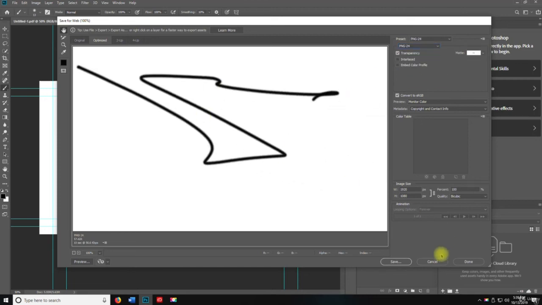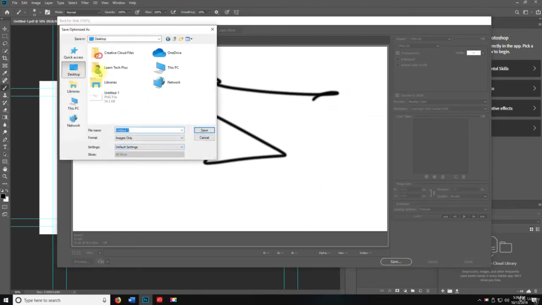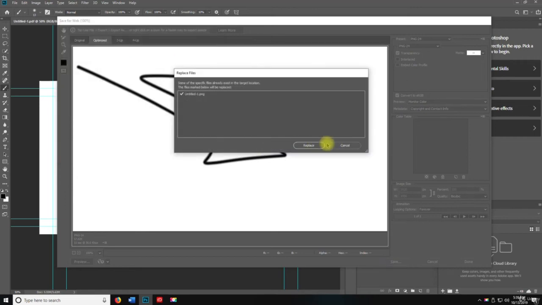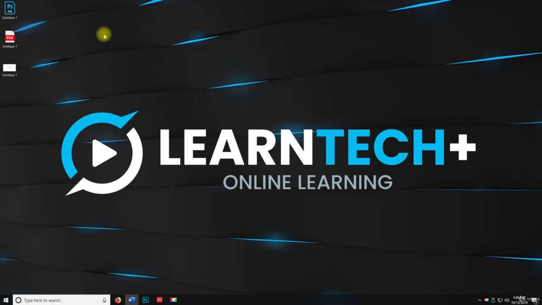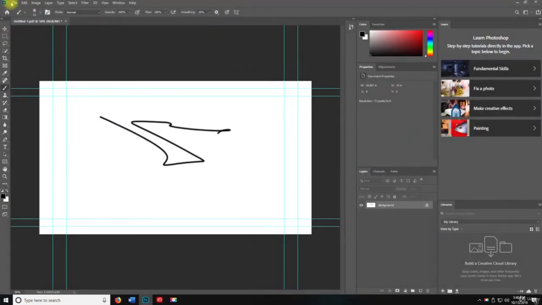Let's do PNG. And then I'll save that. And let's go to the desktop, save it as Untitled 1, and I'll replace it. And there you go. So now if I minimize this, there's my PNG. So we have a PSD, PDF, and a PNG. Okay, so now